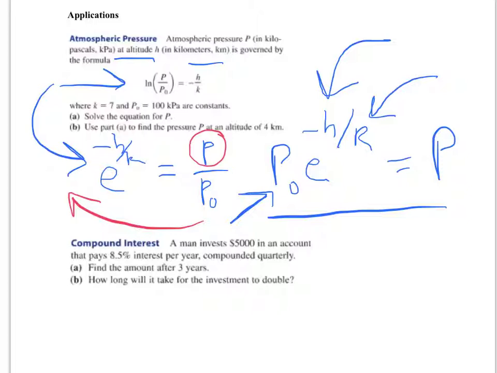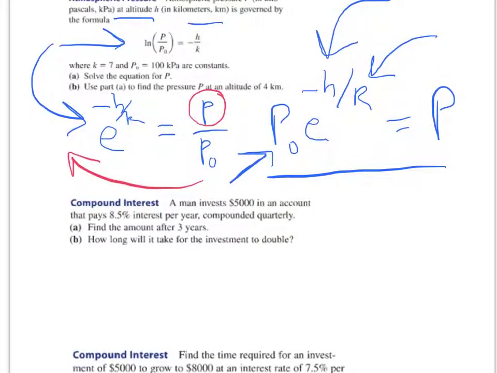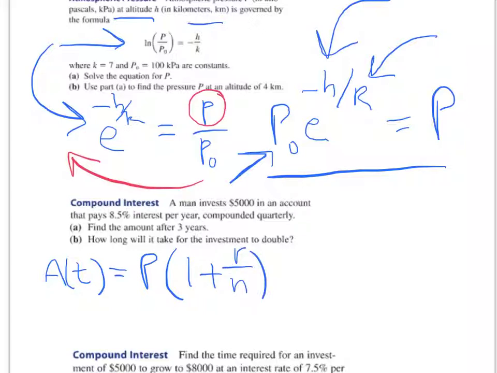Okay, the next problem deals with compounding interest quarterly. Remember, the formula for compounding interest periodically is A of t is equal to P sub 0, or actually it's just P. I think we don't use P sub 0 here, we just use P, times 1 plus the interest rate divided by n, the number of compounding periods in a year, raised to the power n times t. So we're given that the person is investing $5,000, so that's the value of P, so A of t is equal to 5,000